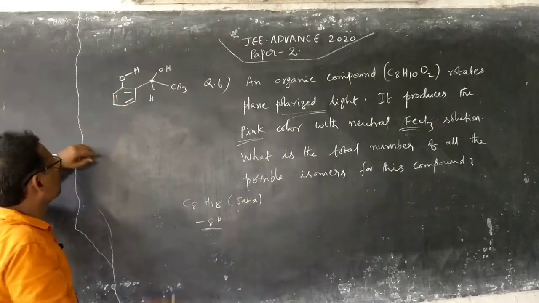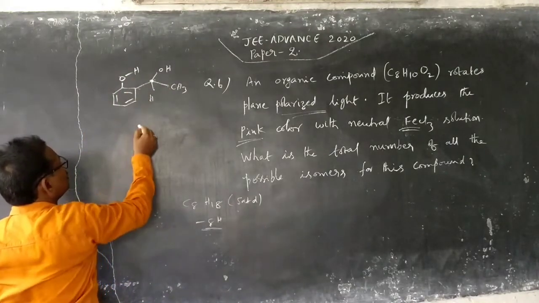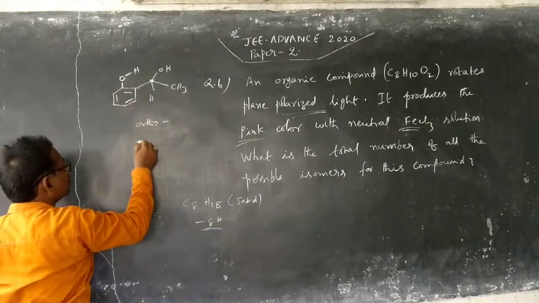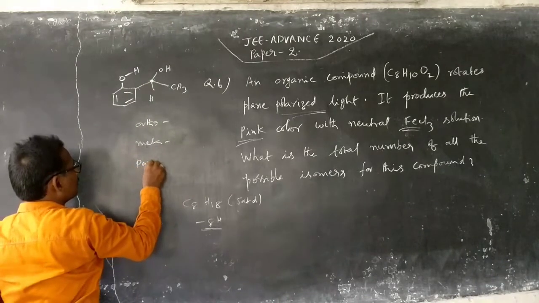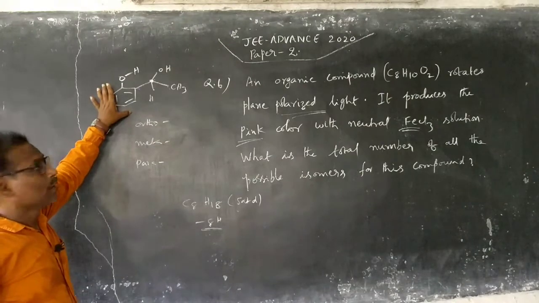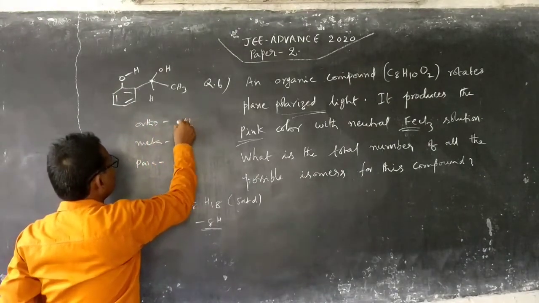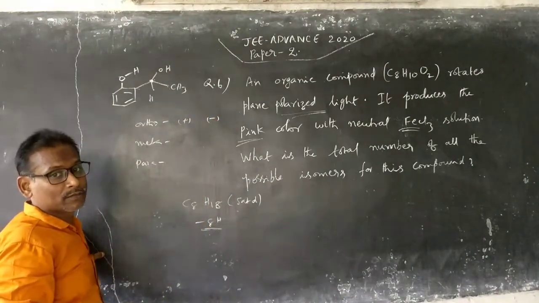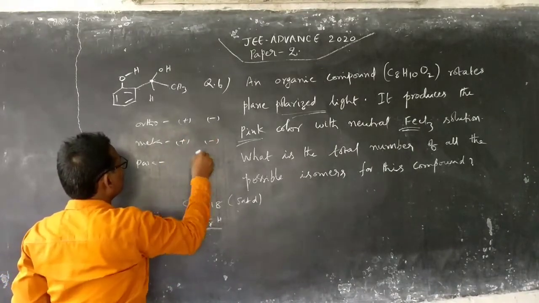By changing the position of either this group or this group, now both are in adjacent positions, that is, ortho position. We can write both in meta position and both in para position. That means we can write 3 different structures. In each structure, for example the ortho form, there is a plus form and a minus form, because they obey optical isomerism. Like that we have a plus form and minus form everywhere.